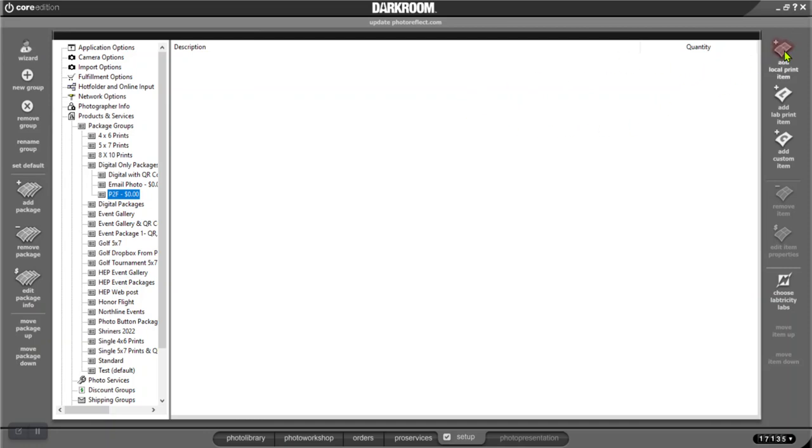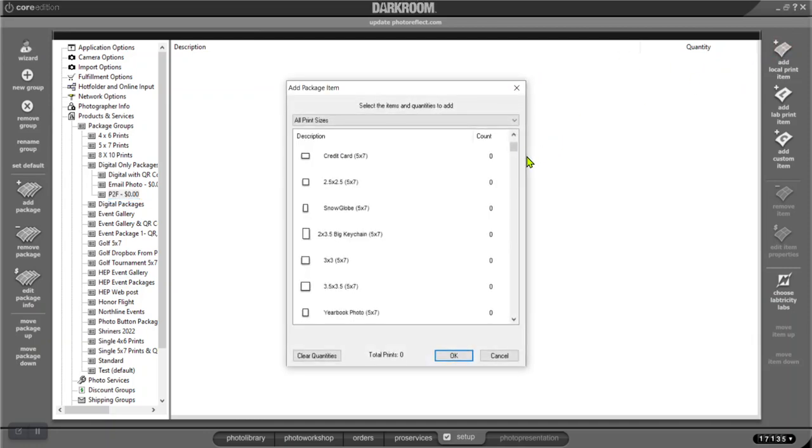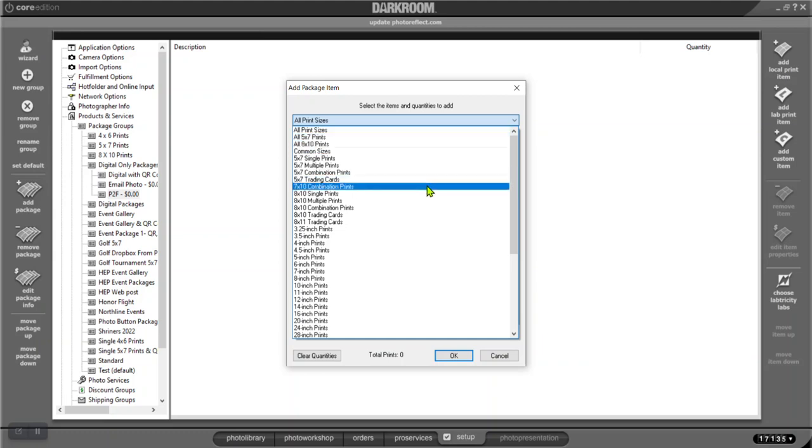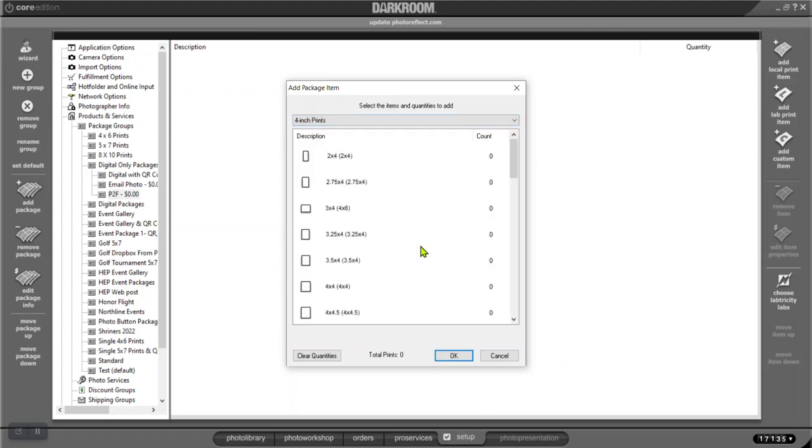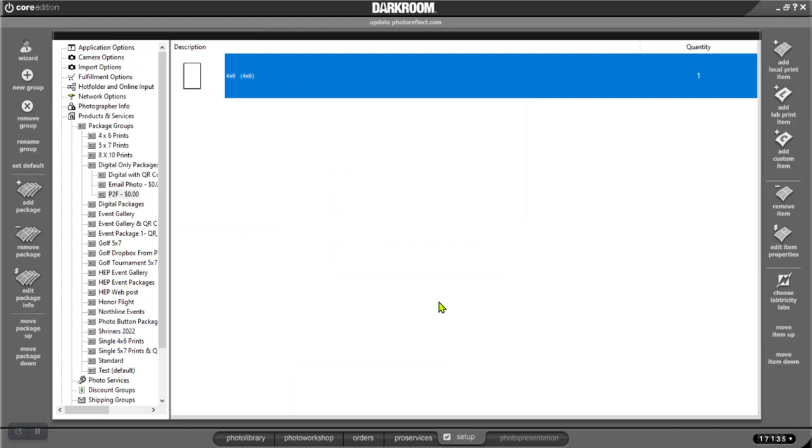And then go right over here and say add a local print item. And you see it says print all sizes. This is every package that's included in Express Digital. They make it simplified where if you're just doing 4x6 prints, I'm going to do a 4x6. Just go down here and pick whatever you can print as a 4x6. I just want one. And that would be printing a print. So I'm going to remove that because I was just showing you how to add a print. But we're going to add a